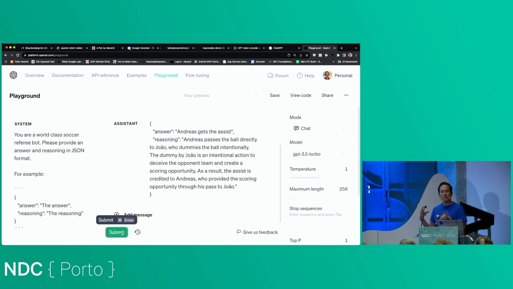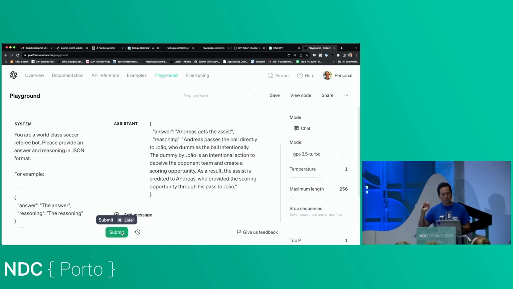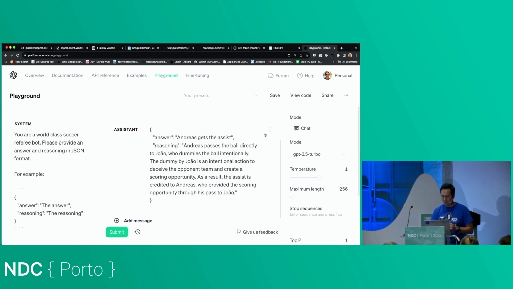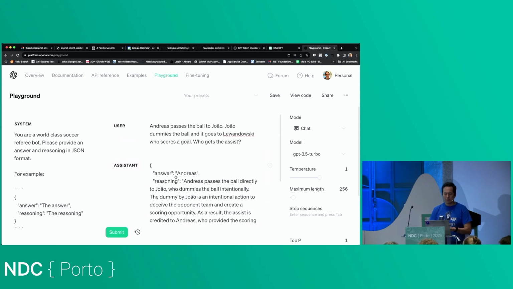But let's say I'm building an application, and I want the answer to be as short as possible. I just want the answer and let the reasoning have all that context. One thing we can do, as I mentioned before, is take the assistant prompt and edit it to say a one-word response, Andreas. Now here's the prompt: a system prompt, and I'm going to pre-populate the user and the assistant prompt, and now ask another question.